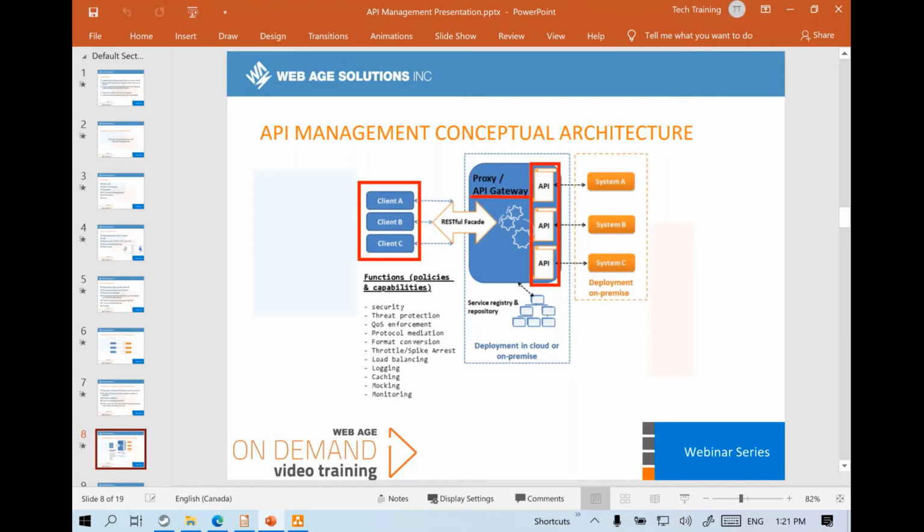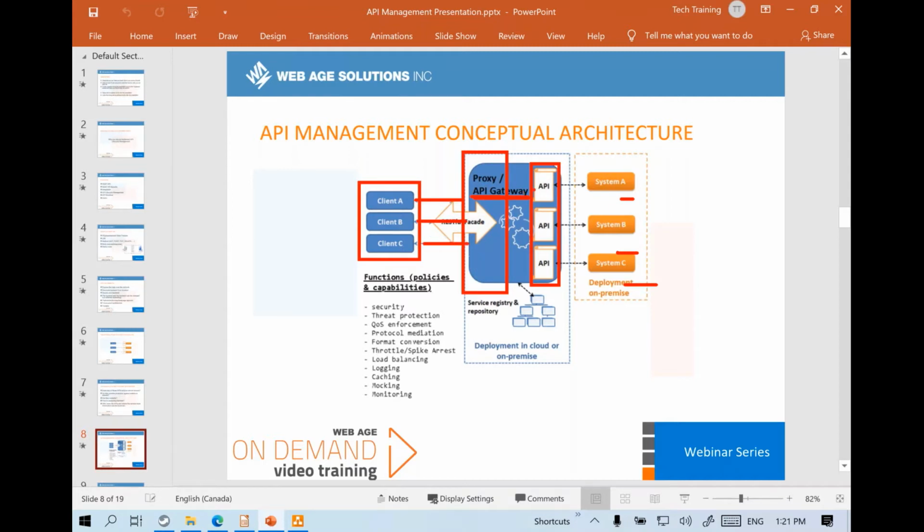Previously, we just decoupled the front end from the back end. The back end is definitely decoupled. These underlying systems are not directly accessed by the client applications. But at this point, the APIs are still being accessed directly. That is why we introduced this API gateway layer at this level. All the client applications will now have to go through this particular API gateway.